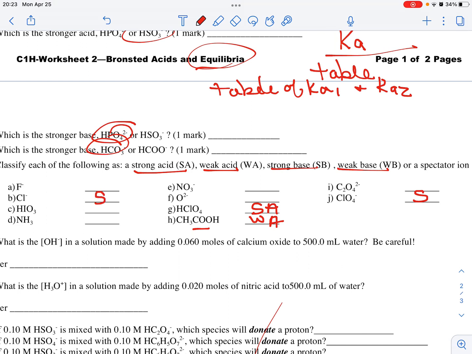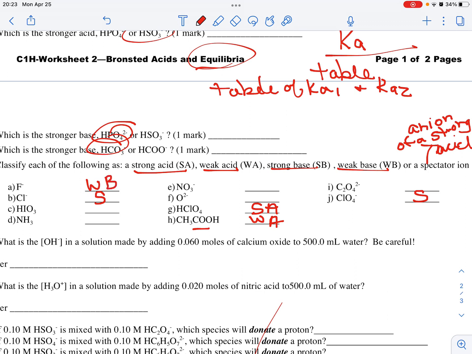because it is the anion of a strong acid. So I think those are the only two. And a weak acid. I've got a weak acid. So F will be a weak base